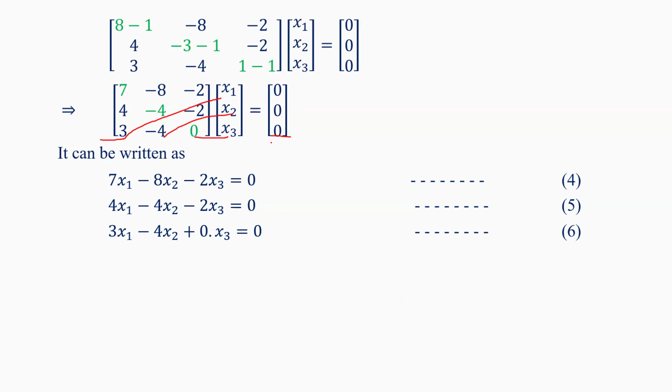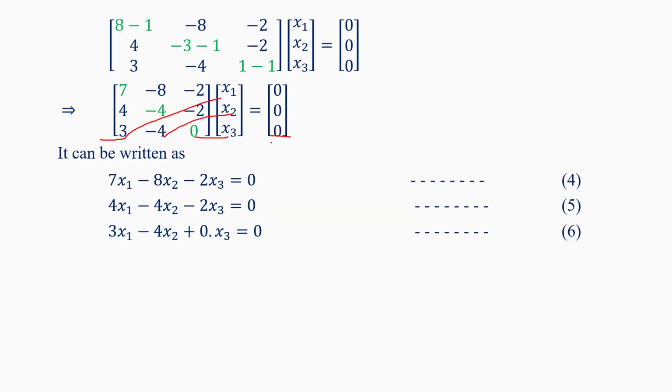So this is a system of homogeneous linear equations. There are 3 equations and 3 variables. So we can check whether this system has a trivial solution or a non-trivial solution. Because the trivial solution would mean all of x1, x2, x3 are 0,